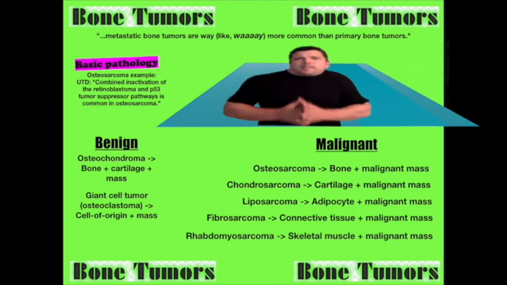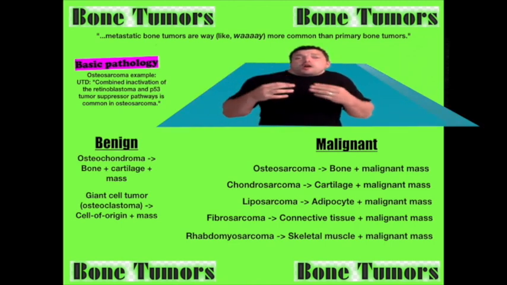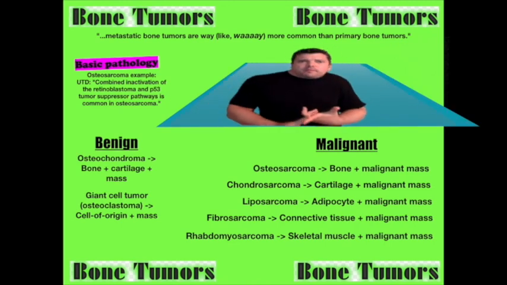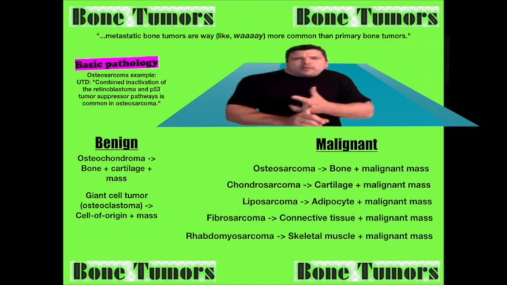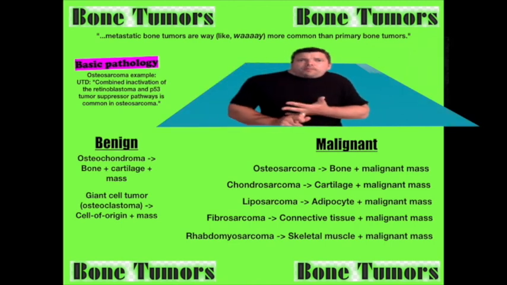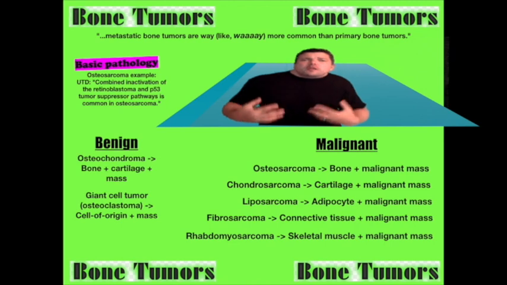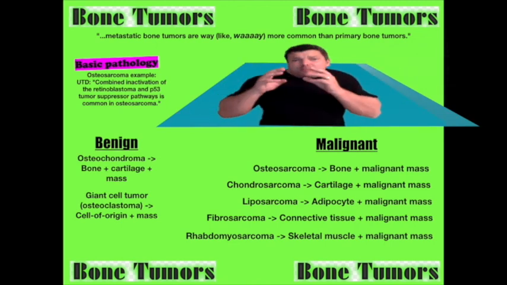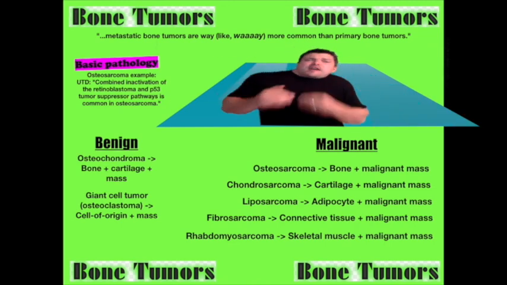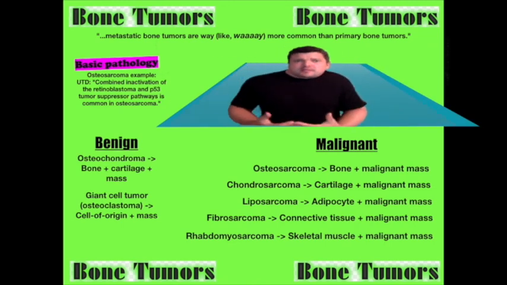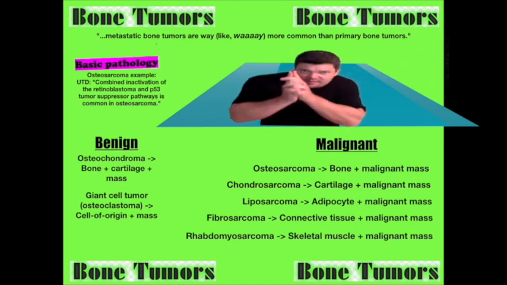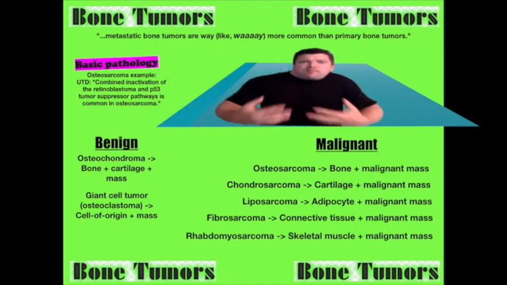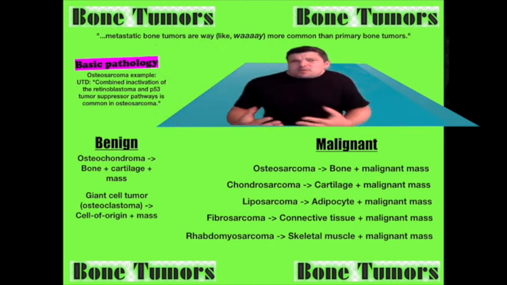Here's what I mean. Secondary bone tumors are metastases from other primary sites. A lung cancer that spread to the bone is a secondary bone tumor. Breast cancer spread to the bone. Prostate cancer spread to the bone. I make the same distinction when I talk to my students about brain cancer. Most brain cancer is a metastatic site from a primary cancer elsewhere in the body. Likewise, most bone tumors are metastatic sites secondary to a cancer in another part of the body. Primary bone tumors and bone cancer is actually